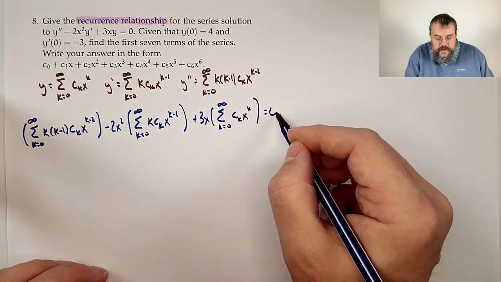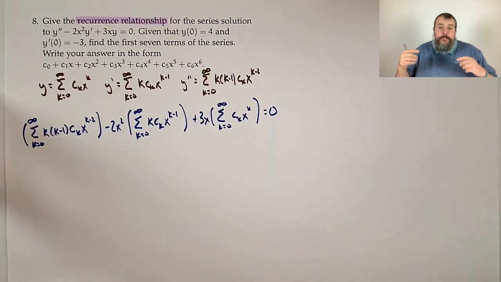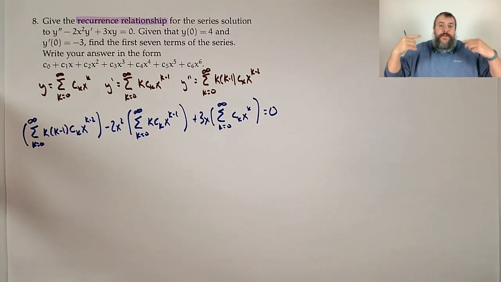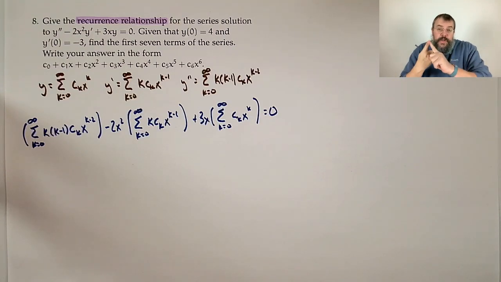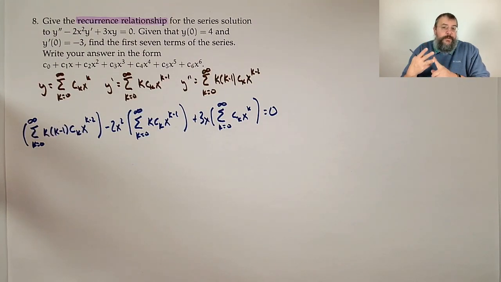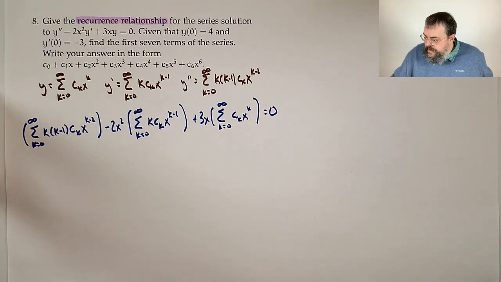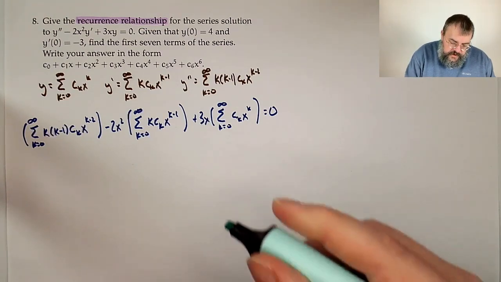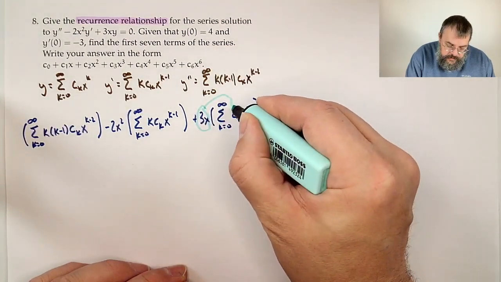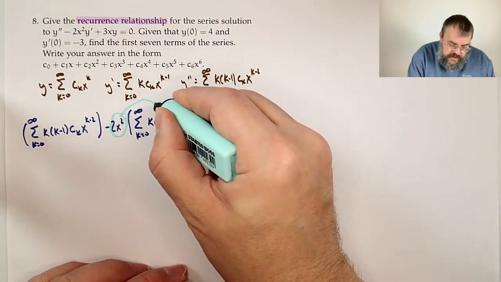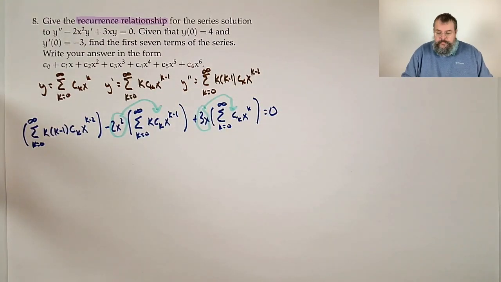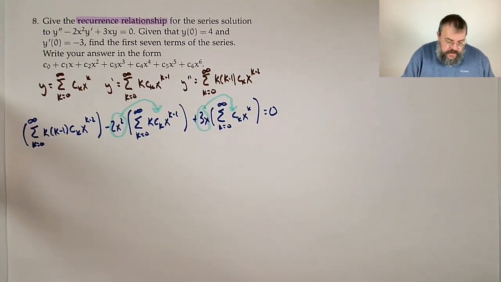And now there are sort of three things you should do. If you just follow this, you'll be fine. Bring in your coefficients in the front. Reindex, so everything has the power x to the something, and the same something. And then pull off your first terms and write it as one big sum. So our first step is to bring in our coefficients. The 3x will come in, the minus 2x squared will come in. All right, so if we do that, we have